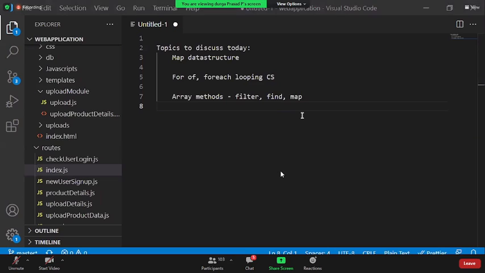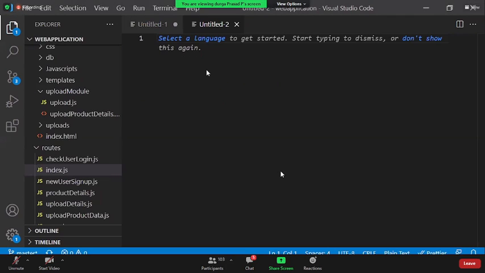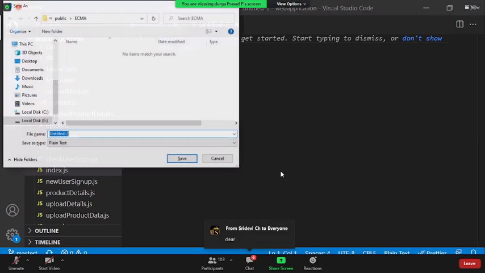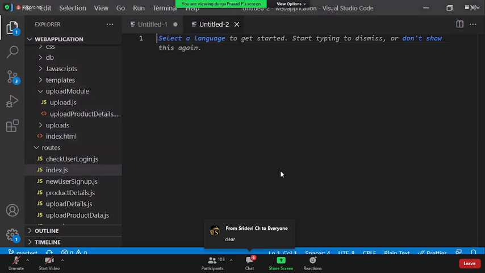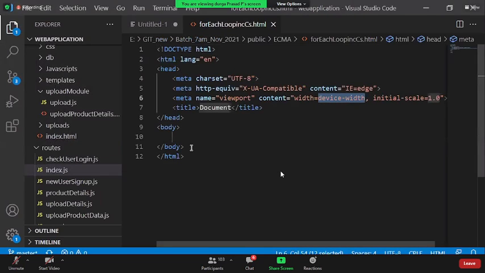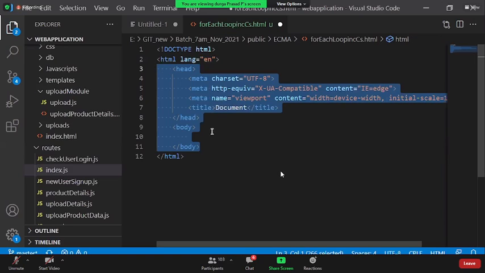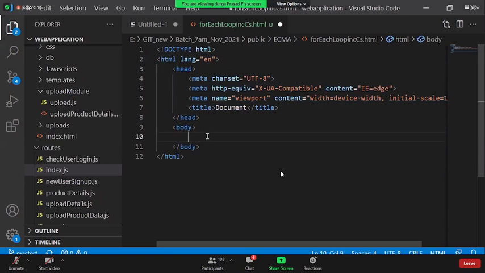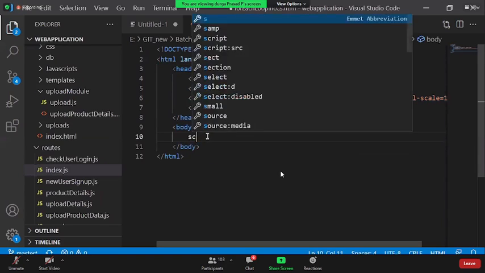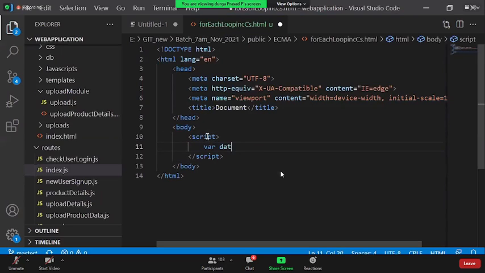The next thing is another important one. I haven't discussed the forEach looping control structure. Let me talk about the forEach looping control structure. It is one of the new looping control structures being supported. I say script where data is equal to a JSON array, 35, 55, and so on.